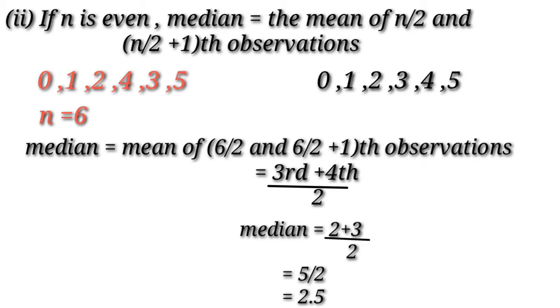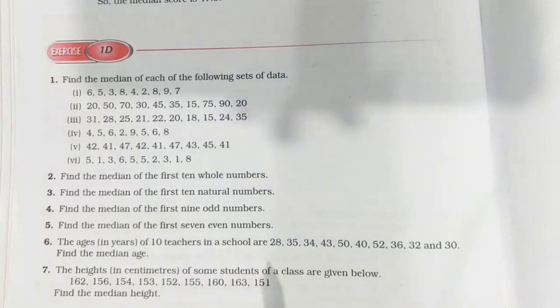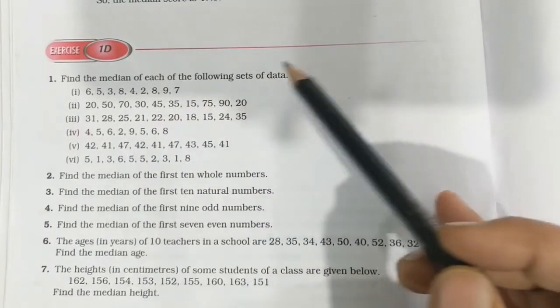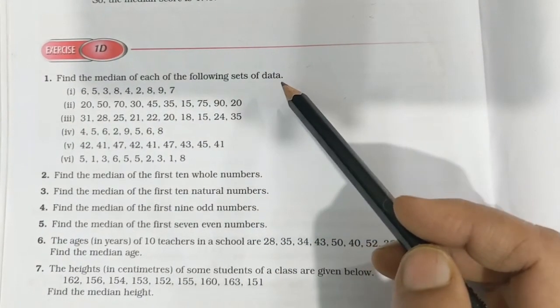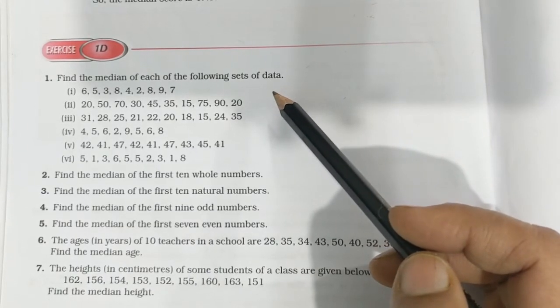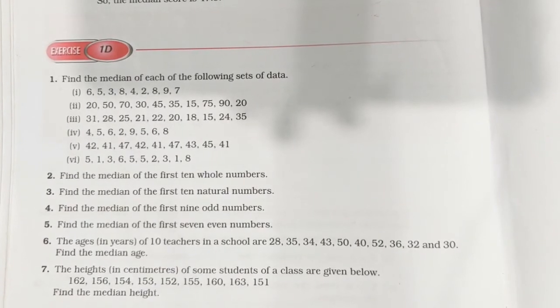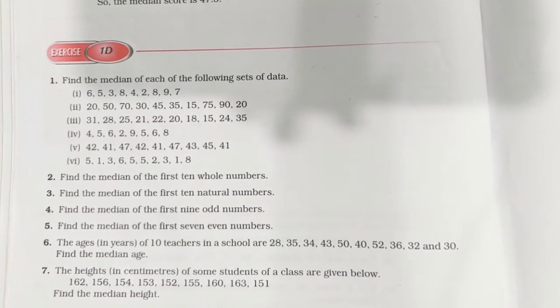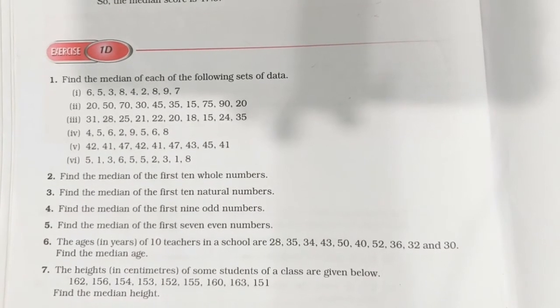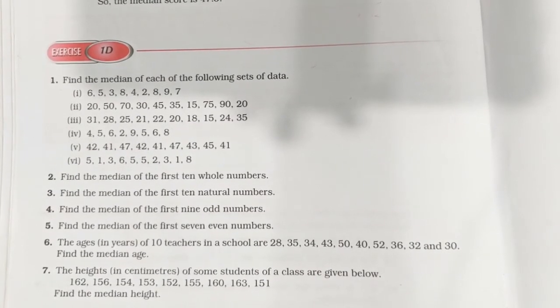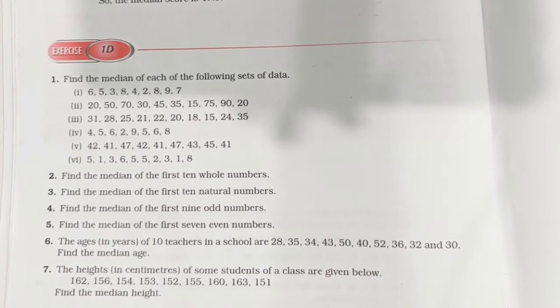Children, to make it more clear, I'll go with the exercise questions and definitely you'll find them easy. Children, let's move to exercise 1D based on Median. Median is used to find the middle term of the given set of data, or to find the central term of the given set of data. In this, children, take care of one thing. Whenever you are given a set of data, step 1 should be followed. What do you mean by step 1? To rearrange the given data in ascending or descending order. Usually we prefer ascending order. In case you miss rearranging them, the answer may be wrong.